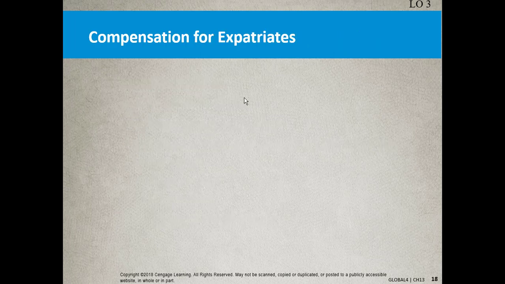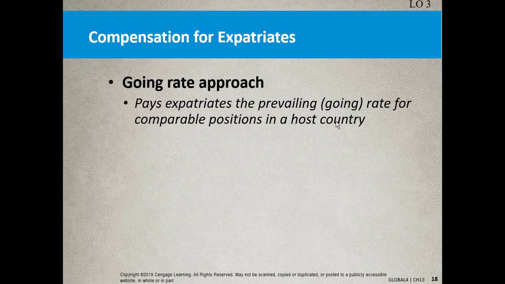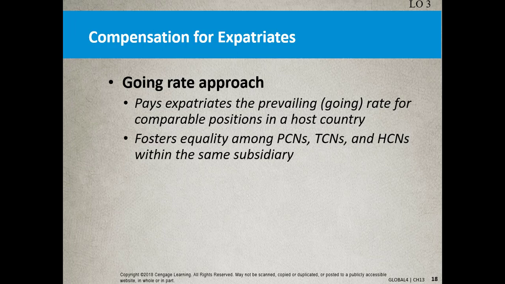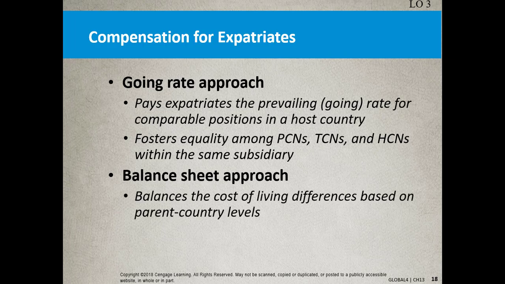So compensation for expats, there's the going rate approach, which pays the expat the prevailing going rate for a comparable position in the host country. It fosters equality among PCNs, TCNs, and HCNs within the same subsidiary. Everybody's on par, right? Then there's the balance sheet approach, which now looks at cost of living differences based